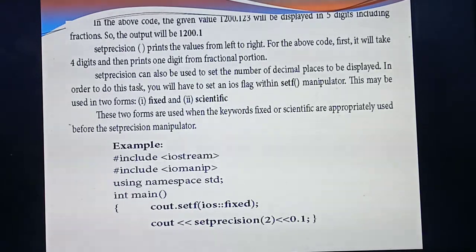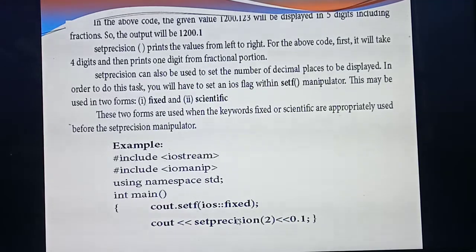Okay. So here you are going to set the flag. That means after the decimal point you are going to set some manipulator. For that which manipulator should you use? setiosflags. Okay. So see cout. Listen carefully. This is the format. So setiosflags, which flag should you use? ios. So this is the format. Then you should give 2 colons after the ios. Okay. After the ios, how many colons should you give? 2 colons. Then you have studied 2 forms are there in the ios flag. So what are the 2 forms? Fixed form as well as scientific form.